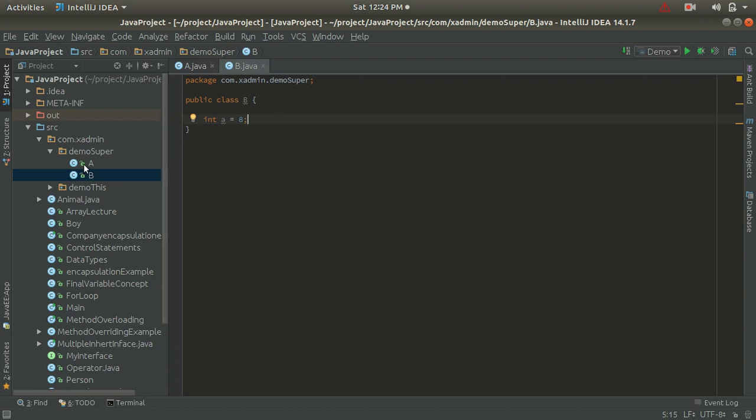So we have two classes, A and B. Class A has an instance variable with the name A and the value 7, and class B has an instance variable with the name A and the value 8.